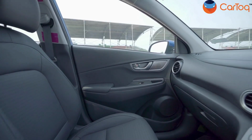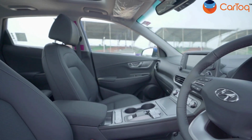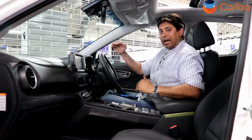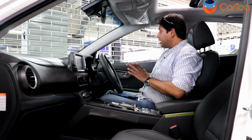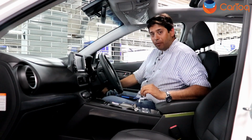on the inside. This is being marketed as an SUV, and yes, the driving posture is slightly high. The windshield is low, so as a driver you can even see the bonnet. The pillars aren't very thick, so visibility wise it's a good place to be,